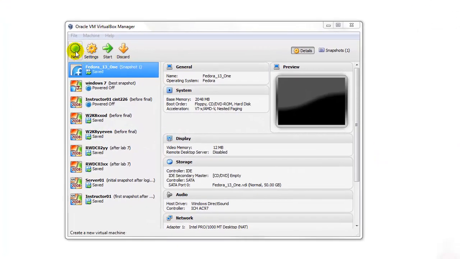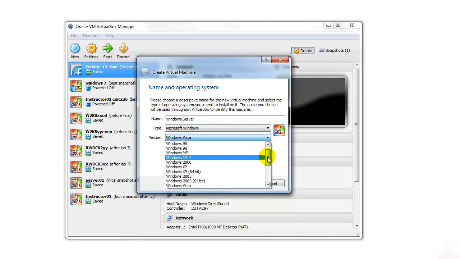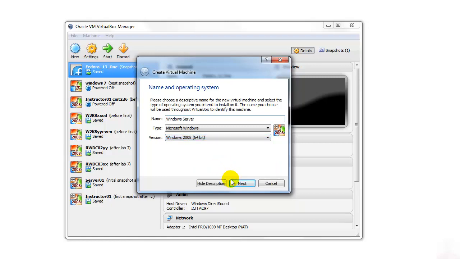Today I'm going to do a tutorial on how to add a virtual machine in Oracle's VirtualBox. I'm going to start off by going to New at the top, and here you're going to type in the title of whatever box you would like to do. Today we're actually going to do a Windows Server box, so I'm just going to label it Windows Server. And I'm going to go down here to the version, and I'm actually going to select Windows 2008 64-bit,